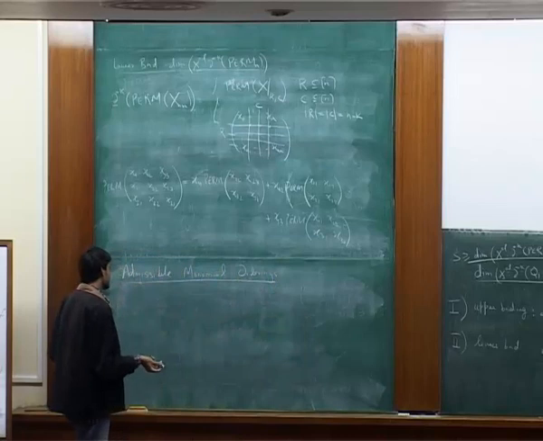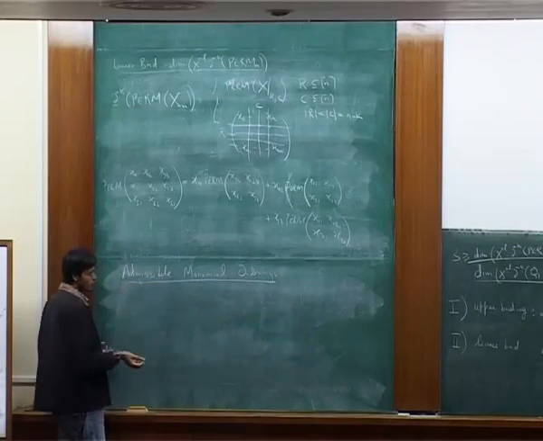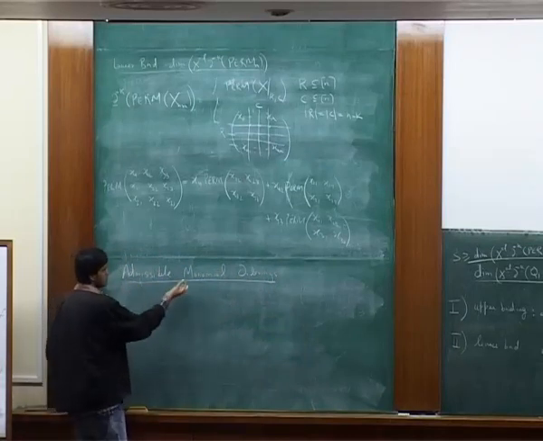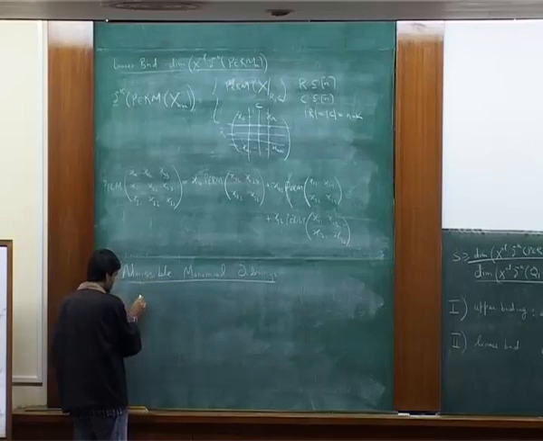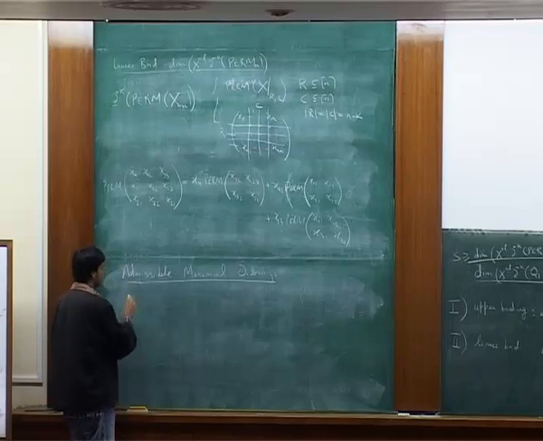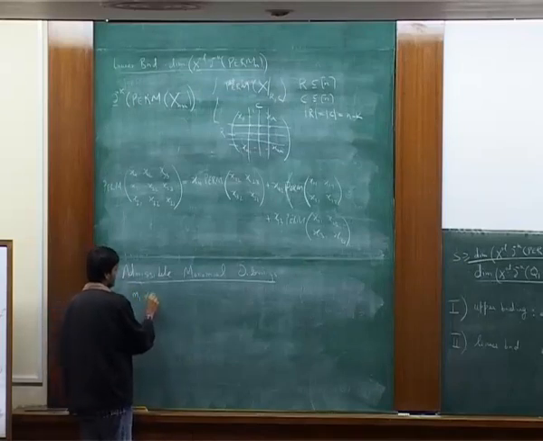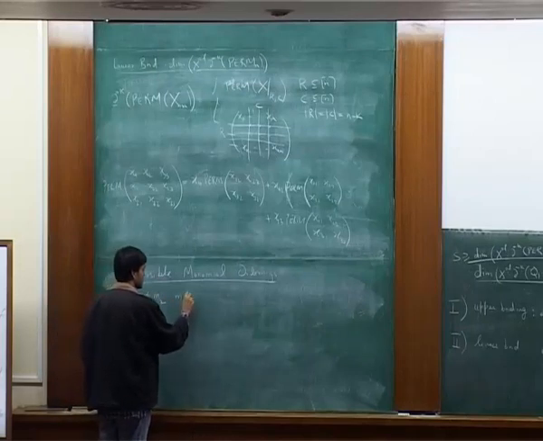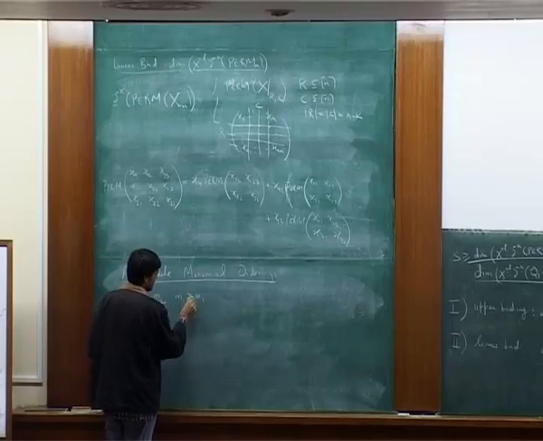What do I mean? We want to define a total order on all monomials. We should be able to compare two distinct monomials. So if we have m1 not equal to m2, we should be able to say that either m1 is strictly greater than m2 or